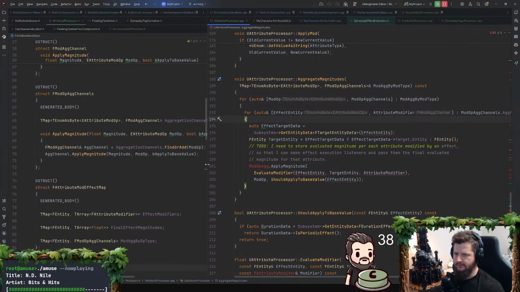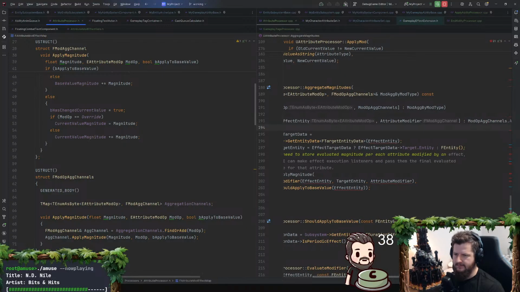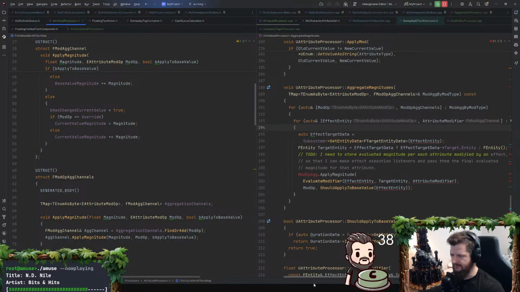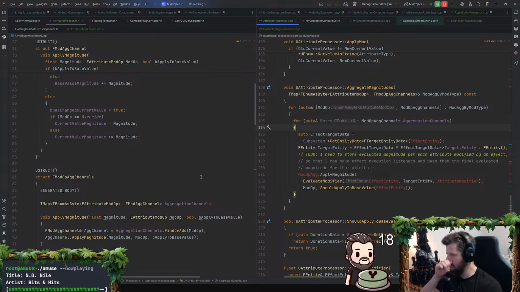Good God. Oh, I hate the long lines of code. Let's actually not do a structured, or what do you call this, a destructuring or whatever. Let's not do that. Or entry, the default name for a map variable.